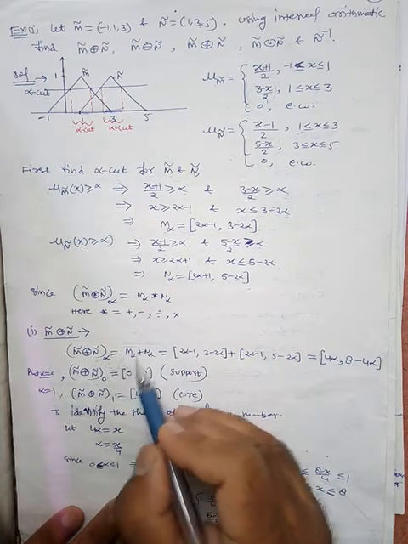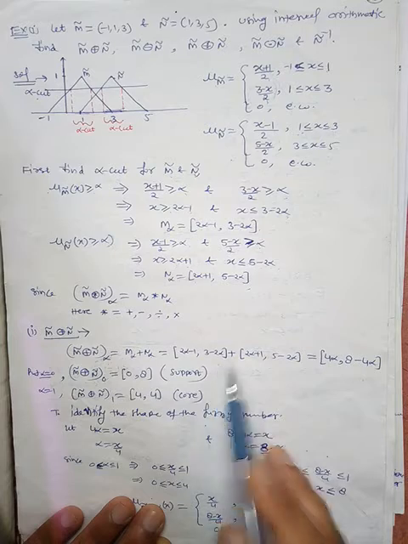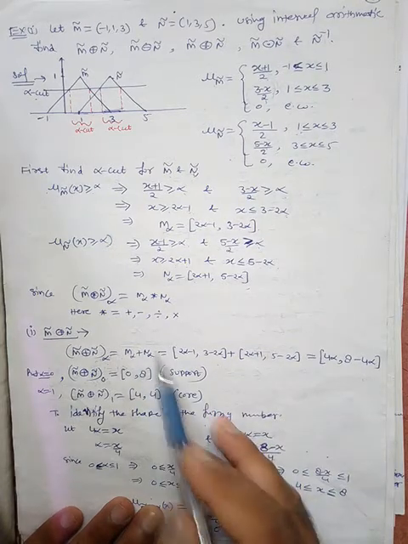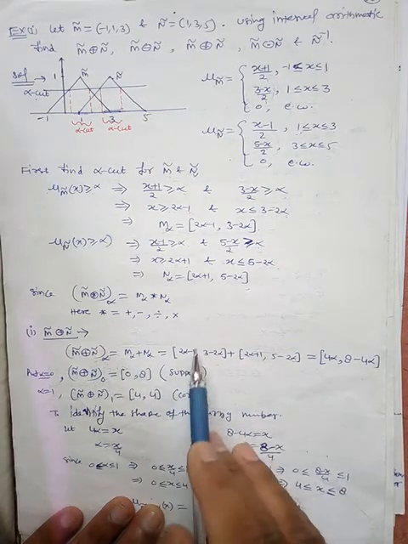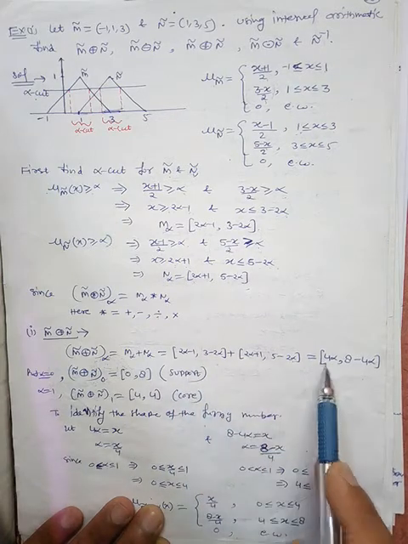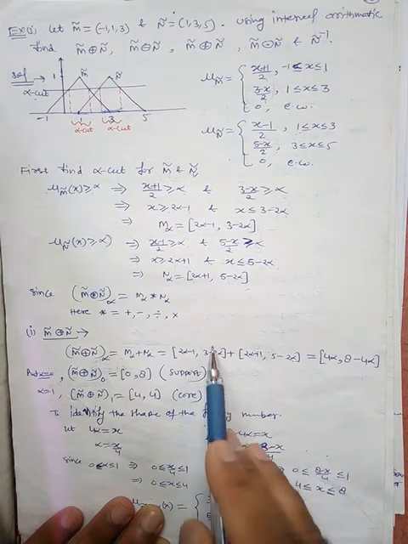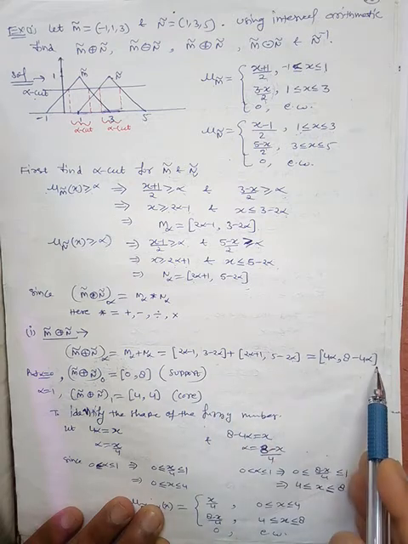So what is m alpha? M alpha is this interval, so this is written here. Plus n alpha is this interval. So now take their sum. The left hand part is added to the left hand part, so they will give you 4 alpha. Similarly, the right hand part is added to the right hand part, so they will give you 8 minus 4 alpha.